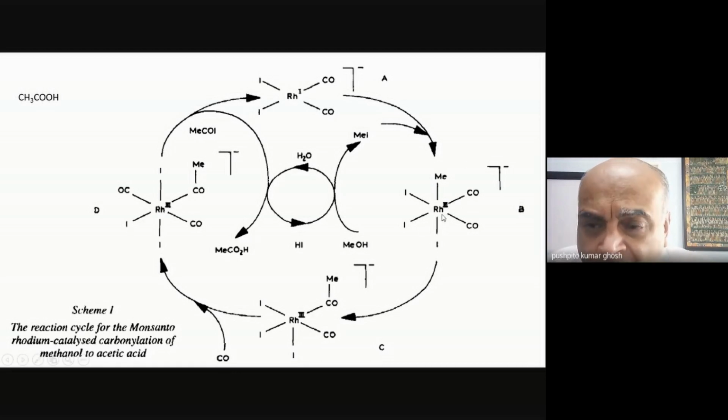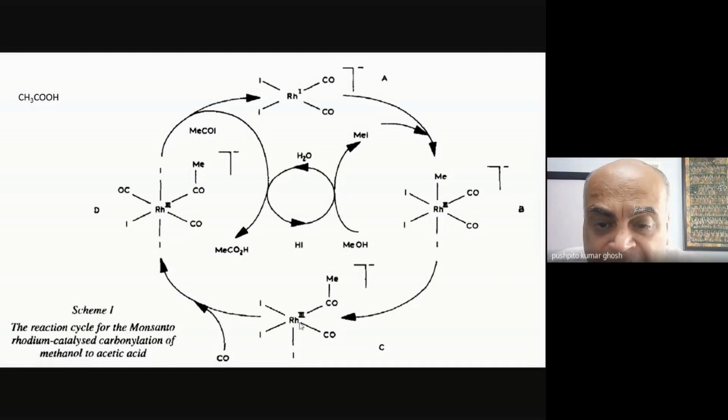What was found was, of course, this is all mechanism, but there's been enough study done to actually validate this mechanism. What they found is that the methyl group now transfers itself to the carbonyl. And now you actually have a rhodium-carbon bond. This is a sigma bond which is being formed, and the oxidation state of rhodium doesn't change